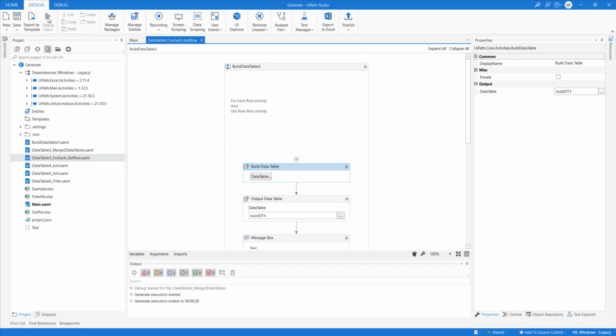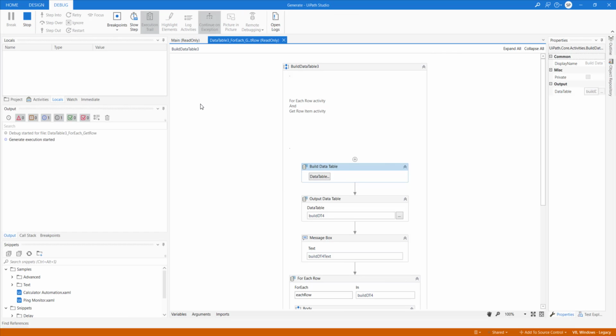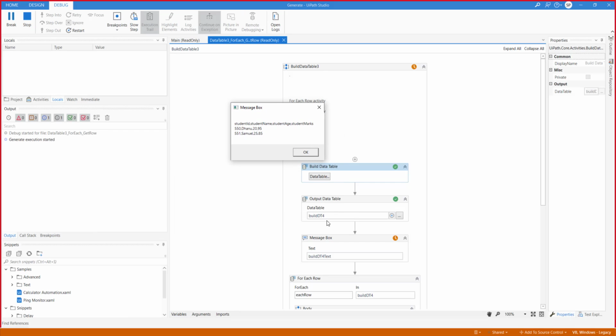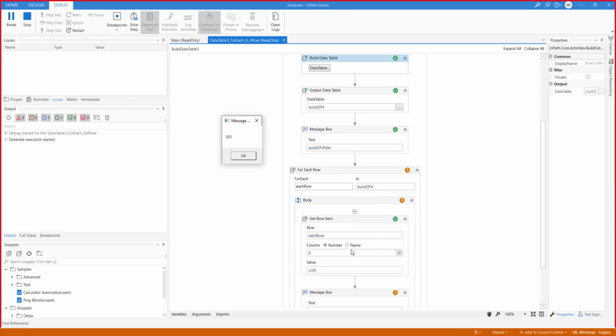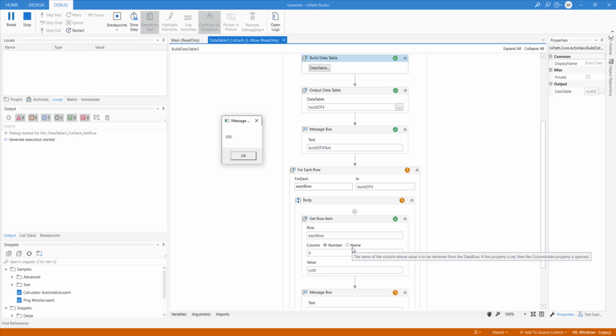So let me quickly run it. We have this data again. It's reading the value stored at column 0. You can also use the column name instead of the column index, but I'll suggest you use a number.